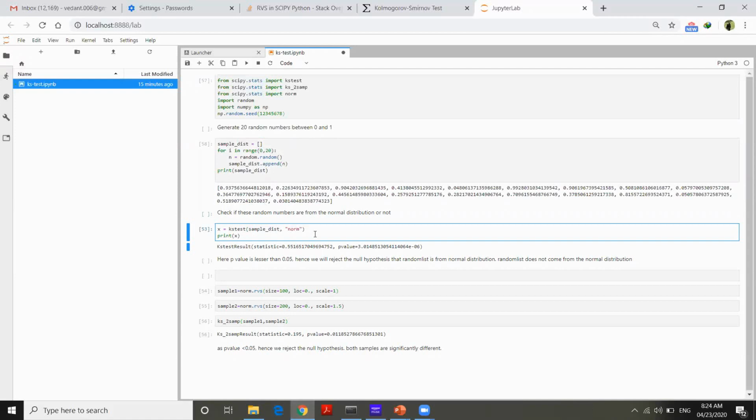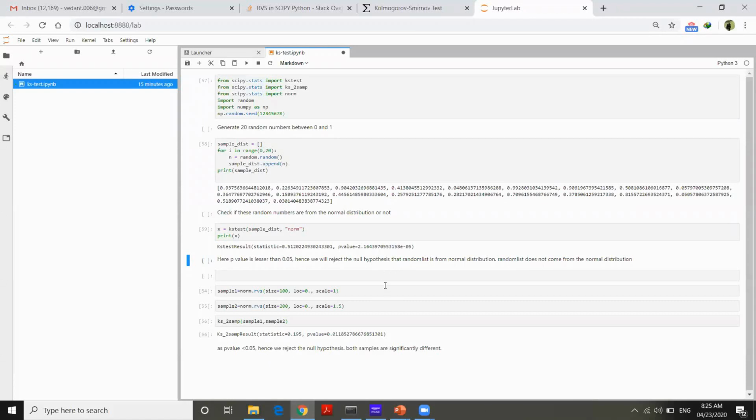We called the kstest function and saw that the p-value is much less than 0.05. Hence we will reject the null hypothesis and say that the sample distribution does not come from a normal distribution.